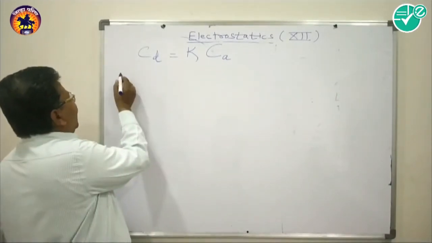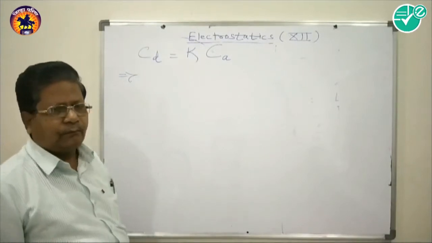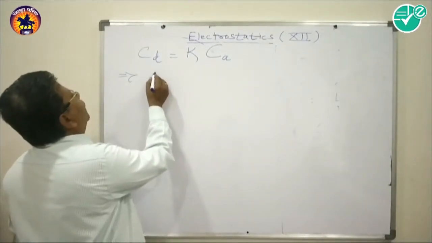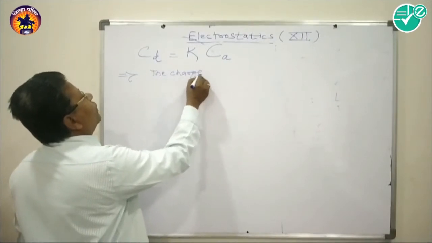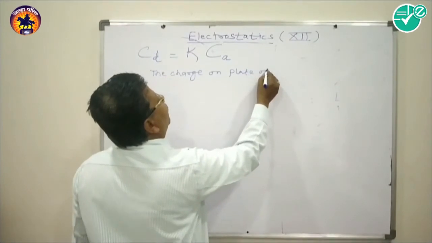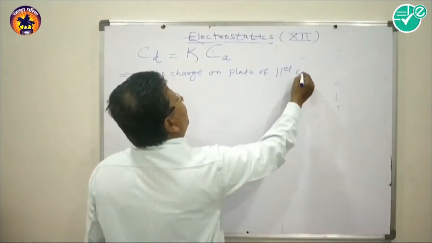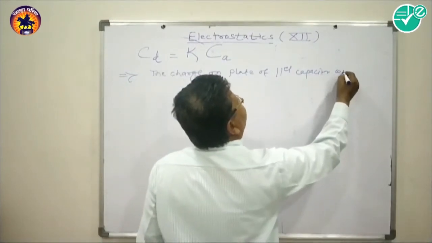Again, in another way, this can be explained as the charge on the plates of the parallel plate capacitor with air